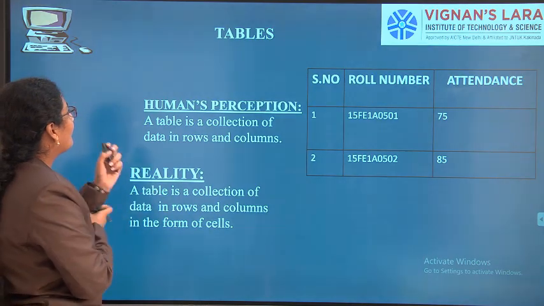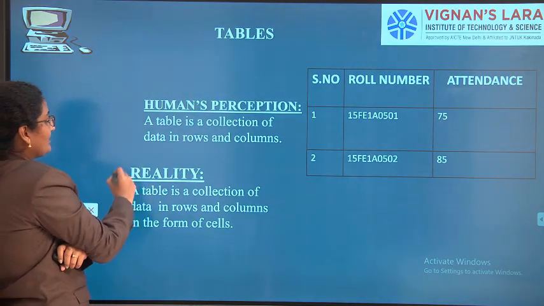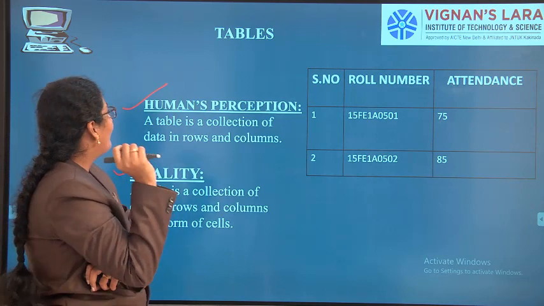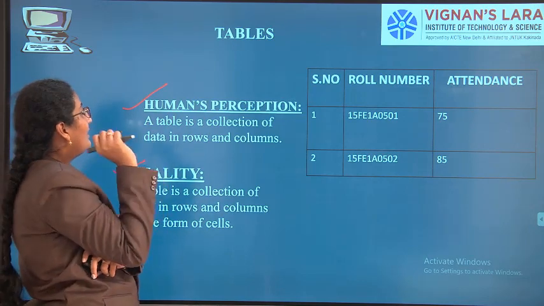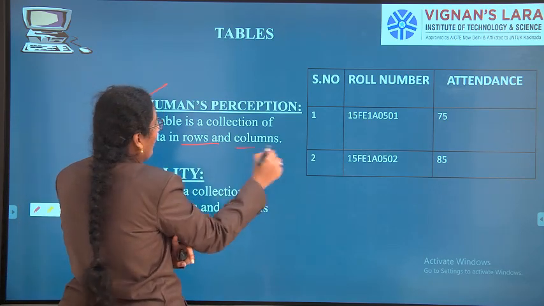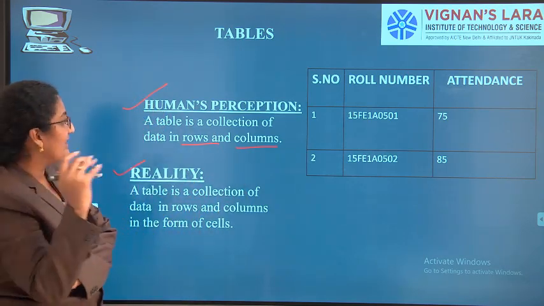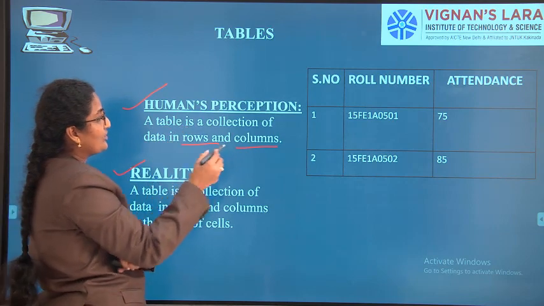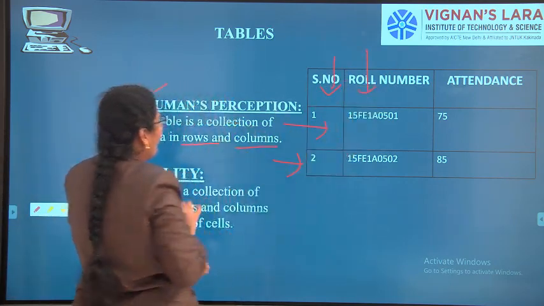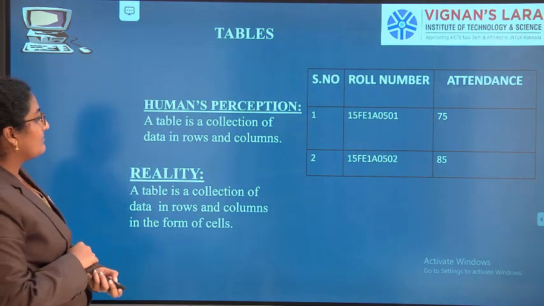So see here, what is human perception and what is reality is very important from the table point of view. Human will always think that a table is just a collection of rows and columns. But what is reality?